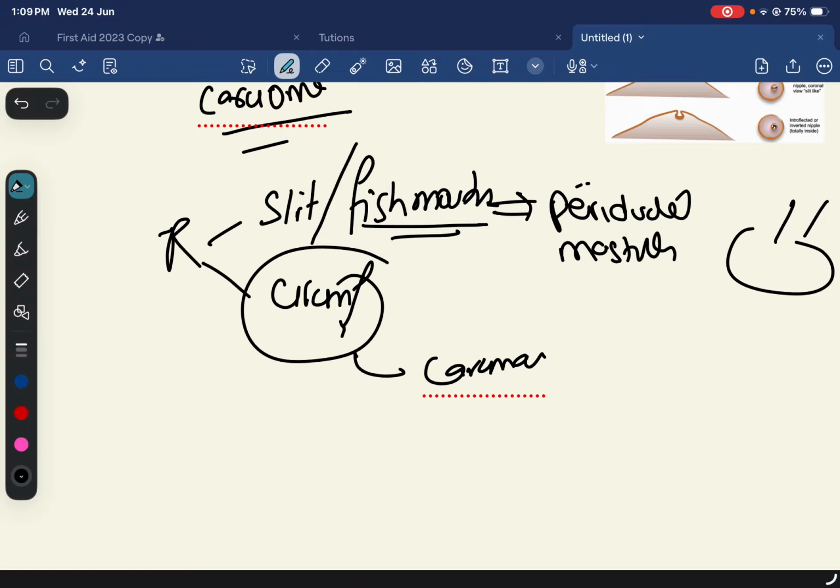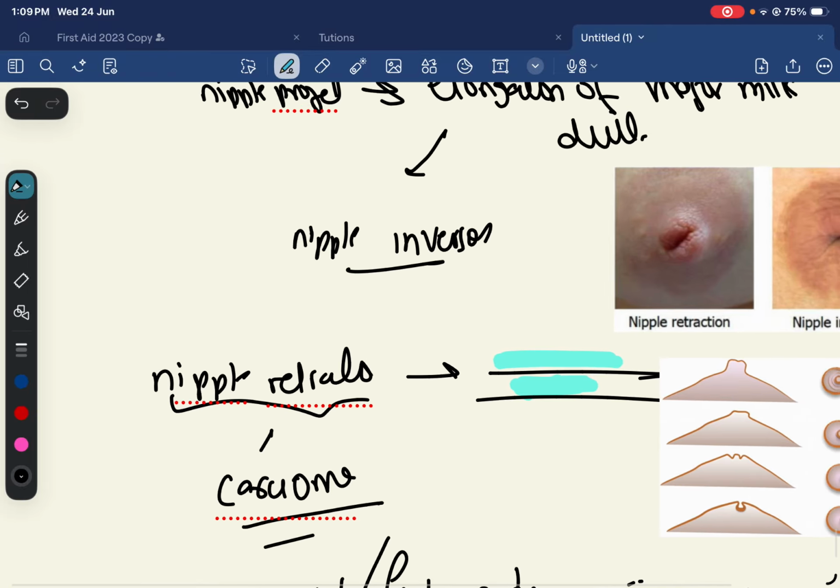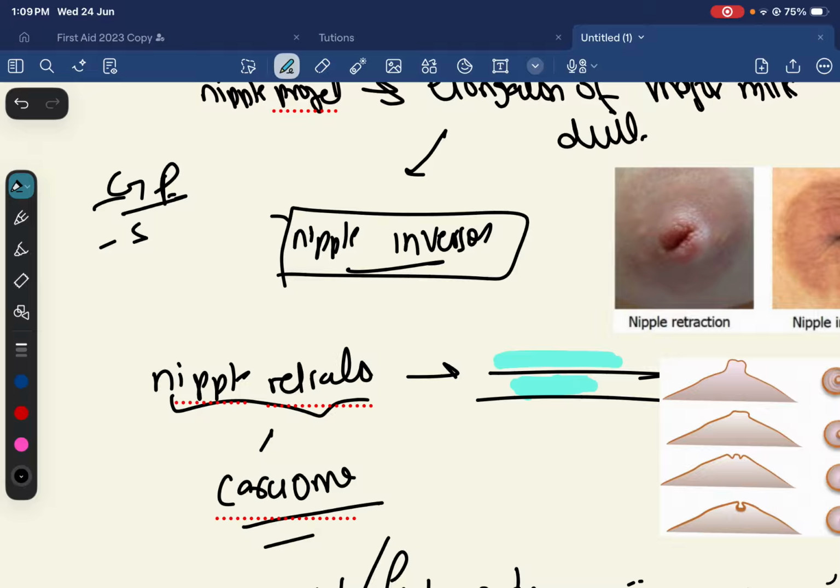Okay, so the treatment for retraction and inversion: for inversion, it is simply pulling out. There's going to be gentle pulling, and surgical correction is done by division of the milk duct, with possible loss of nipple sensation as well. So mainly it's going to be gentle pulling, or probably surgical correction, and there could also be mechanical suction devices which can be used for the inversion. Gentle pulling, surgical correction, or mechanical pulling as well.